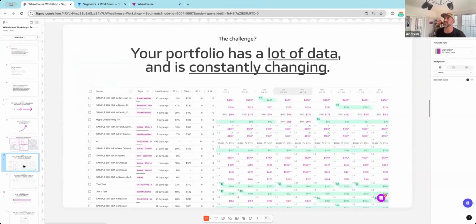And really, as you all know, your portfolio has a lot of data. When you have a number of properties with us, and you look at all those properties 500 days in the future and all the different min price and max price and the different settings you can have involved, there's a lot of data you need to keep track of to do effective revenue management. And the hard part is your data is changing every single day. Yesterday is no longer for sale, and you might have gotten bookings. Hopefully you got bookings, and all of a sudden your calendar is different and your strategy might have evolved. So you have to keep track of a lot of data constantly.